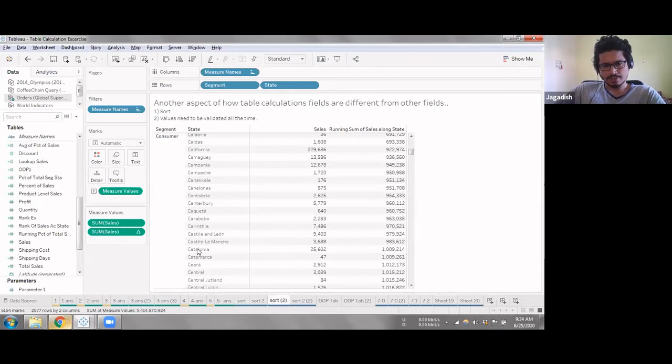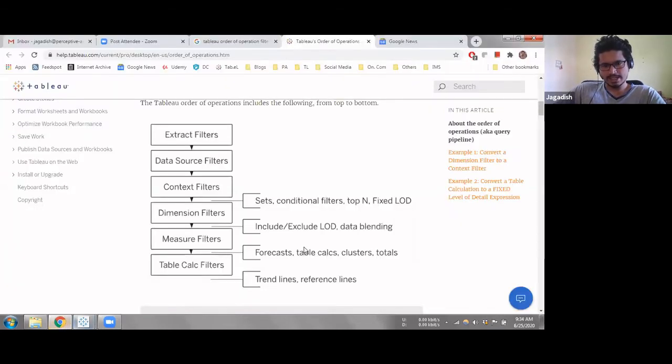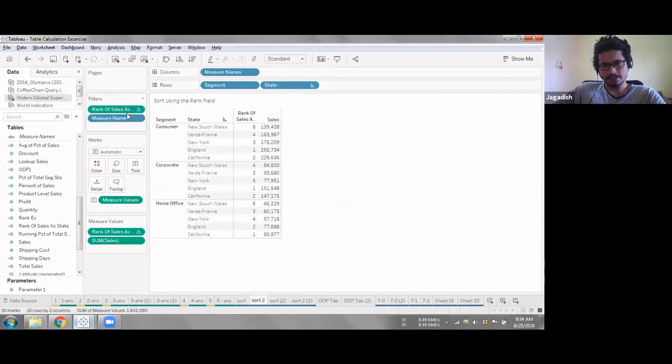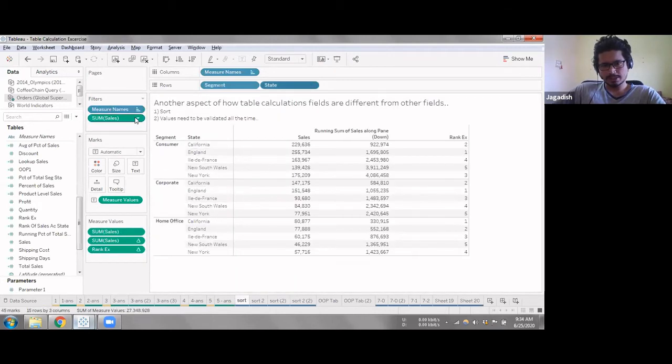If you look at the order of operations, my table calculations are calculated first. Once the table calculations are calculated, then the filter comes in. So it's just calculating this on this particular view and filtering out the unnecessary states based on this filter.